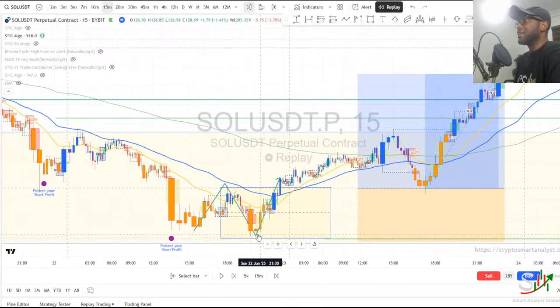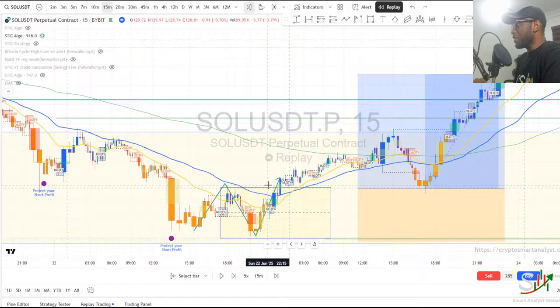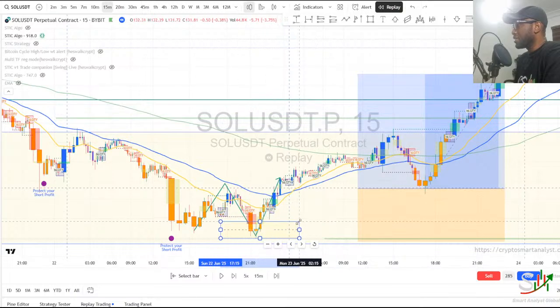Range, fractal, and there's a zone. Basically, what I'm trying to say is we have this broken into three. You either pick your entry at the range, or you pick it at the fractal. That is when the fractal is actually